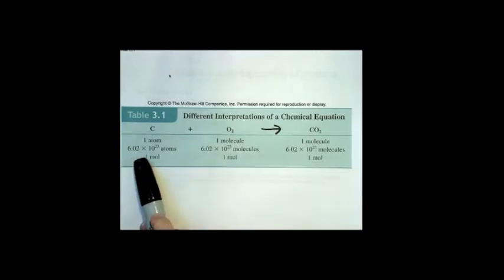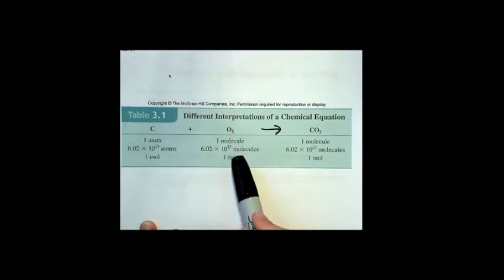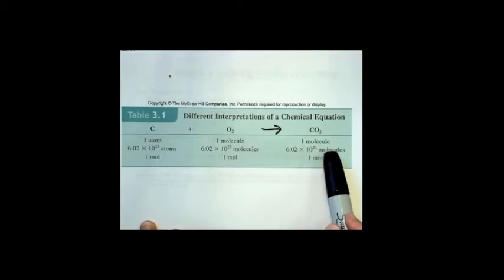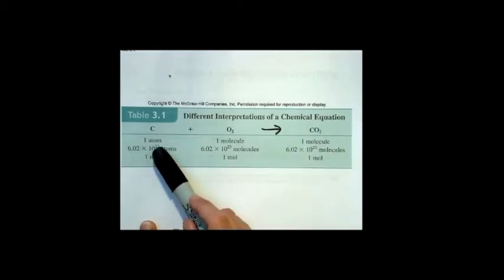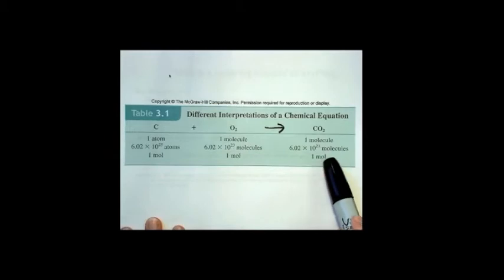Or you can say 6.02 times 10 to the 23rd atoms of carbon plus 6.02 times 10 to the 23rd molecules of oxygen gives 6.02 times 10 to the 23rd molecules of carbon dioxide. Rather than saying that big number, we just say 1 mole of carbon plus 1 mole of oxygen gives 1 mole of carbon dioxide. When we say the word 1 mole, we mean a big number of those individuals, whatever that individual may be. Now that we've reviewed what the mole number is and what it means physically,